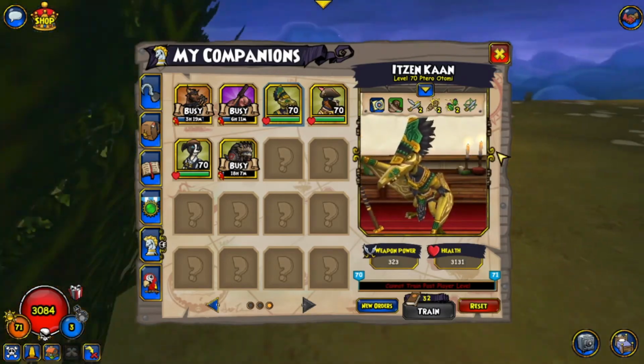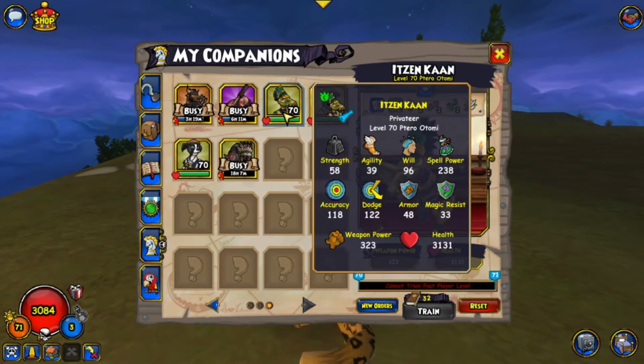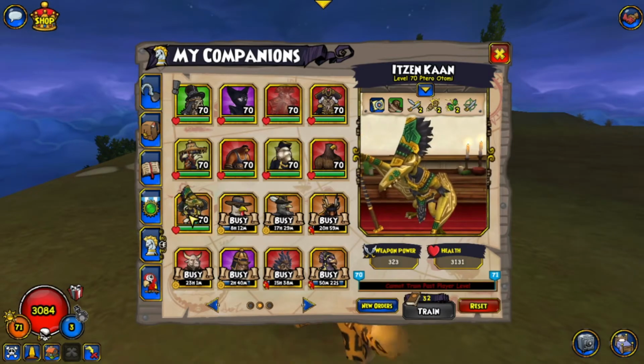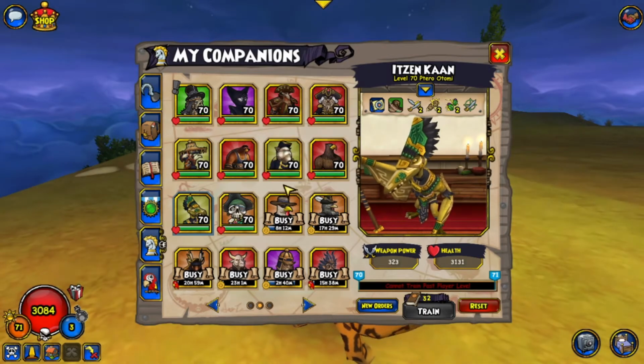So he's okay. He crits a decent amount. He's just a Privateer, so I can't use him a lot. Decent armor and decent resistance, though. So if I had to put him anywhere, I'd put him right behind Hercules, because he is...